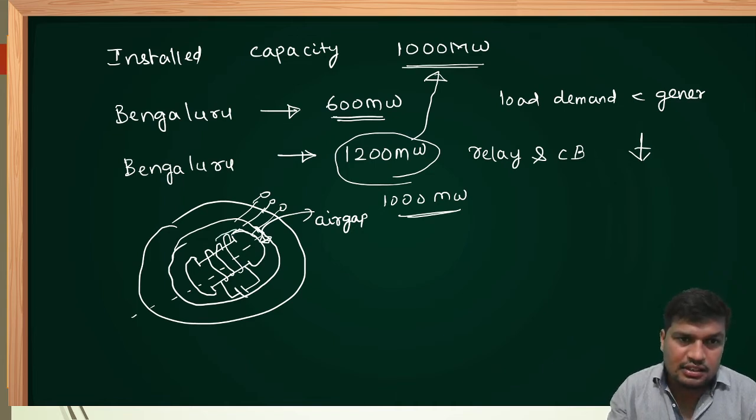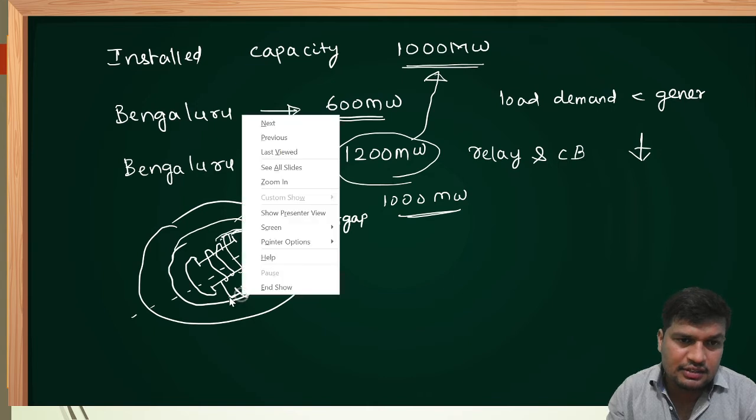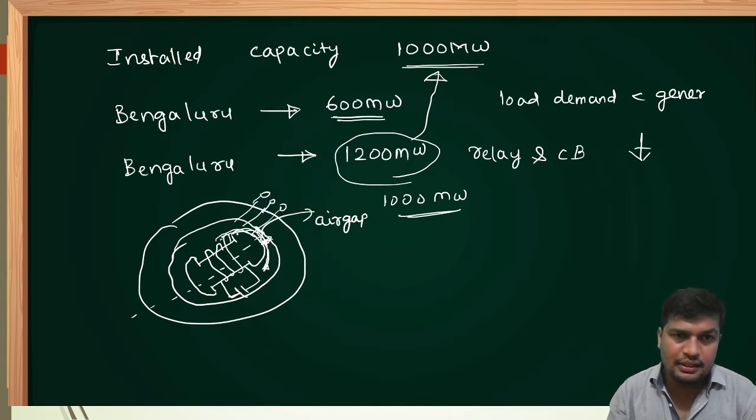The rotational energy of the rotor is able to convert into electrical energy by using air gap flux produced by separate excitation given to the rotor field winding. Once again I am repeating, rotational energy of the rotor is able to convert into electrical energy by using air gap flux between stator and rotor windings, produced by separate excitation of the rotor field winding. For that we give DC supply.